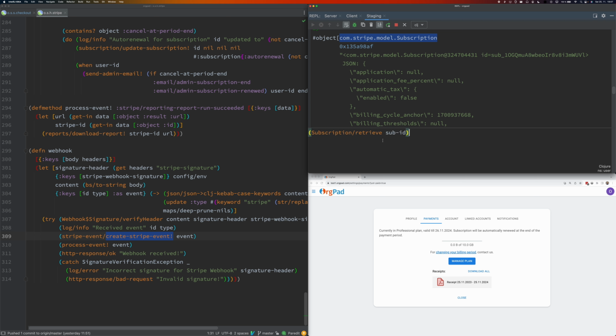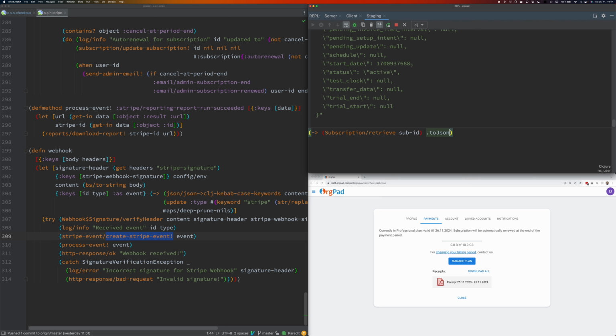And we can get JSON out of this. I think it's toJson like this. It's great that IntelliJ can really understand Java, so the completion is really helpful when you do a lot of Java programming in Clojure. So if we do this, we just receive the string, and we can do parsing.